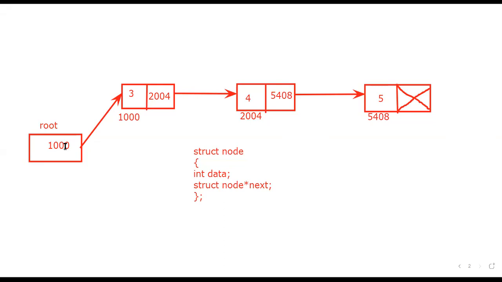Null means nothing. So if a node doesn't have any data, and after removing the links, the previous link and the next link, then only it is possible to make it null. After making it null, we can use the free function. That is the rule here. So if we want to perform any operation in a linked list, that means addition or deletion or whatever it is, we need to use a temp variable.